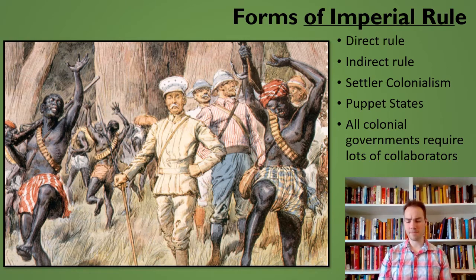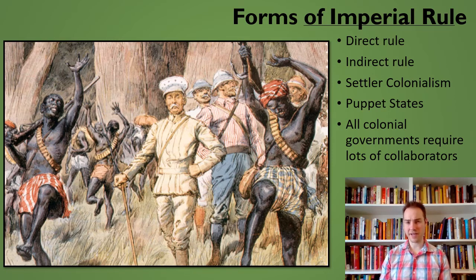So after 1945, after 1950, as all of these places struggle to gain independence, you're going to get the sense that they never wanted anything to do with the British, the French, the Americans, whatever. But when you actually look at the details on the ground, for example, the French in Vietnam, there were never that many French people there. So how did they make the system work? Well, they had a lot of help from local people.